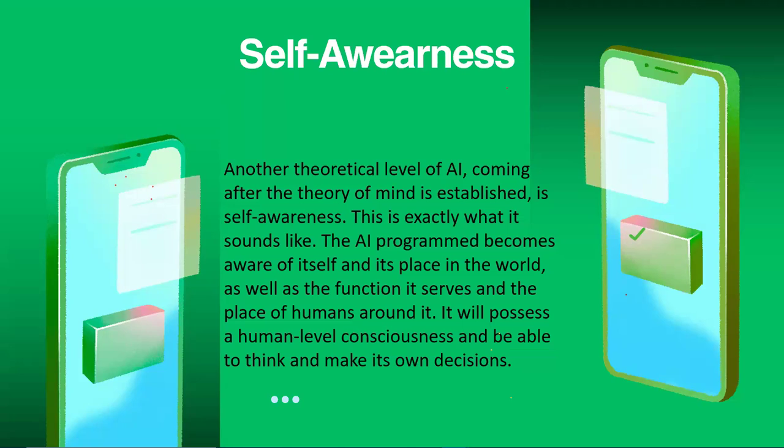With a self-aware AI, this artificial intelligence system is able to understand its own place in the world, right? So how do I communicate? How do I interact with every other piece within the world? And what is my contribution to the world? So we have this AI with this ability, although it's currently theoretical, but it's the goal at the end of the day. That's what we are trying to achieve, right, with AI.